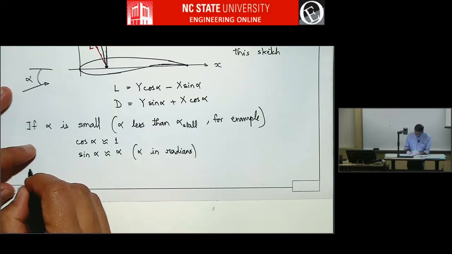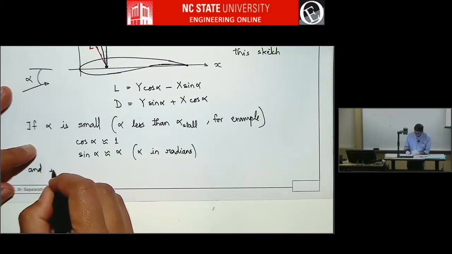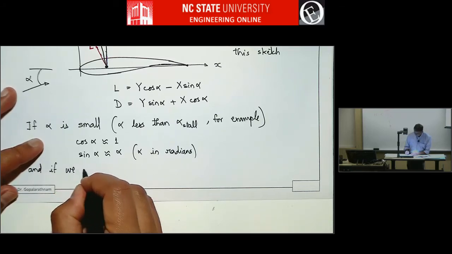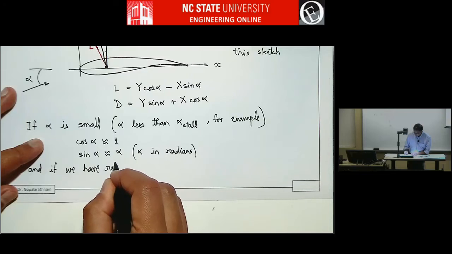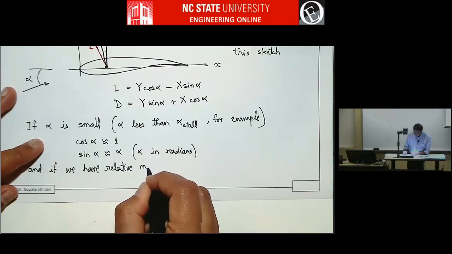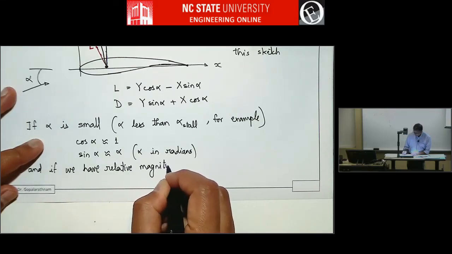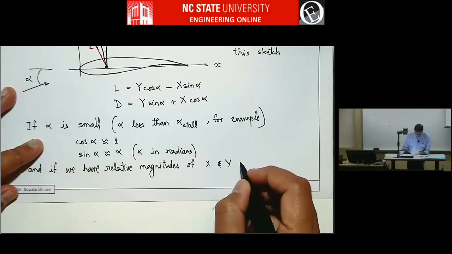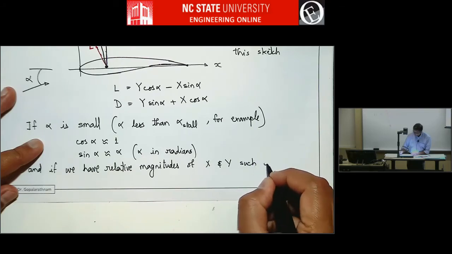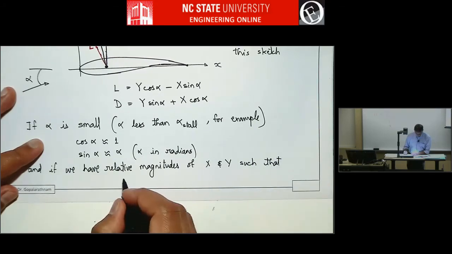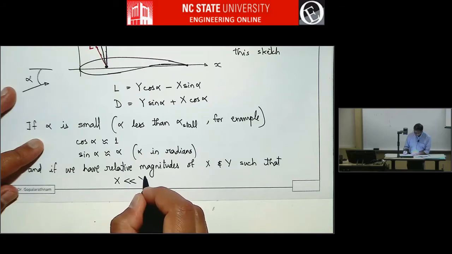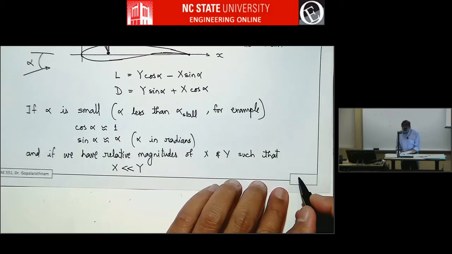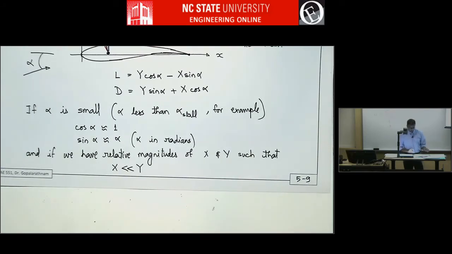Additionally, if we have relative magnitudes of x and y such that x is much less than y, then what happens is